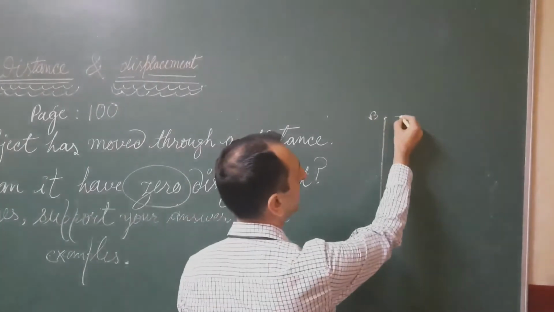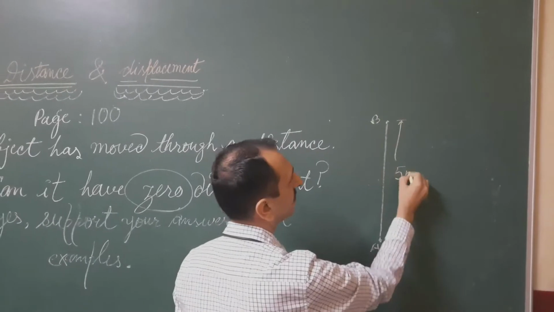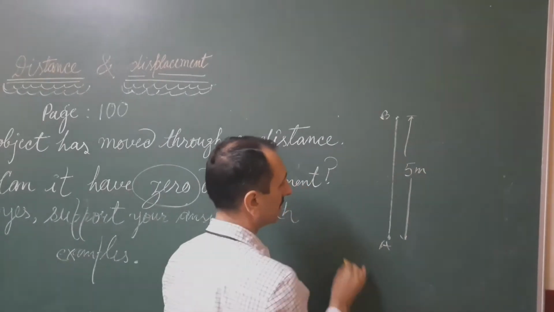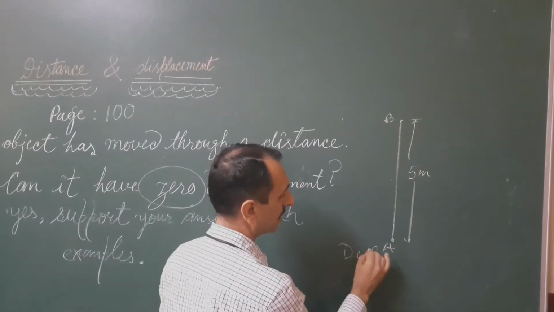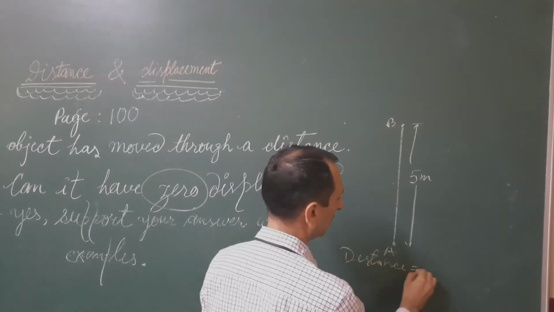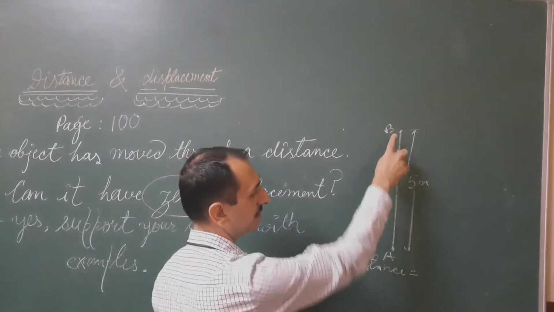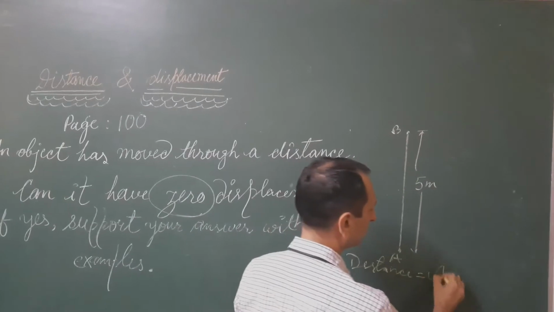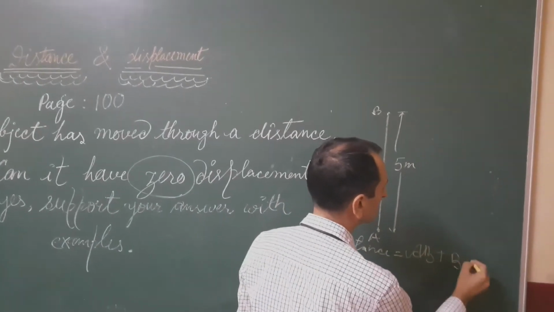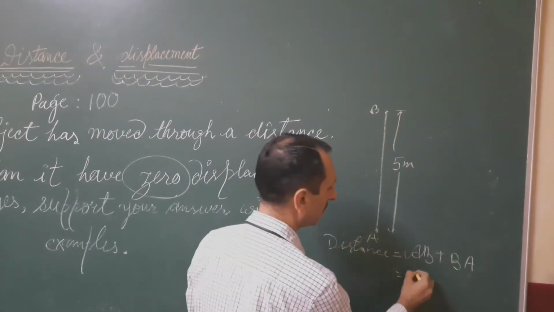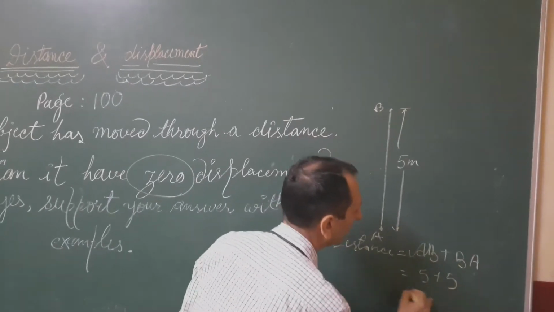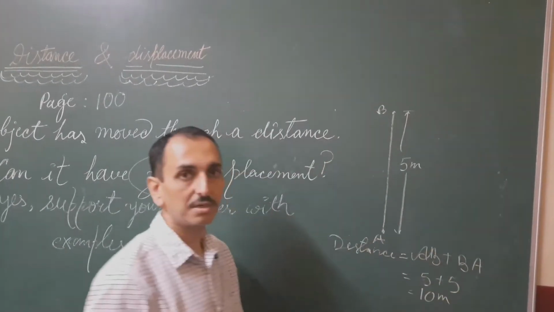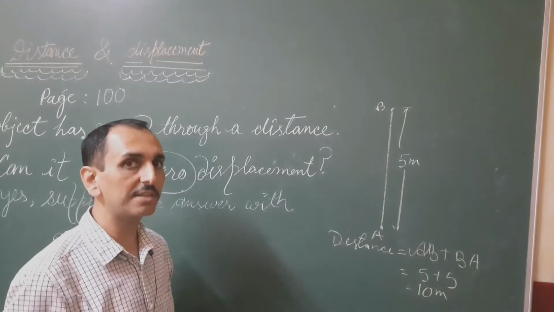Suppose this height is 5 meters. Distance will be A to B plus B to A. AB plus BA, which is 5 plus 5, 10 meters. Again, a positive value. If we have to calculate the displacement,